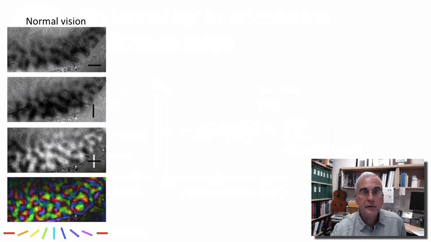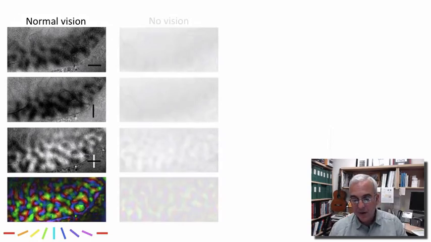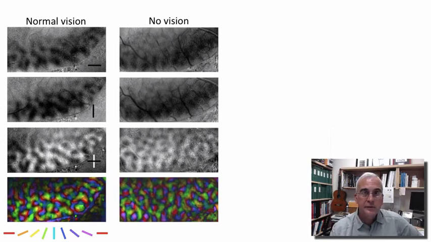So we thought an obvious experiment to test whether vision had an important role to play in the maturation of this system was to raise animals in total darkness, and thus removing visual experience from the life history of the animals. And when we did that experiment, what we found was that, sure enough, the circuits for orientation selectivity and preference do self-organize. It's possible to recognize columns in the response maps and in the selectivity maps that we generate